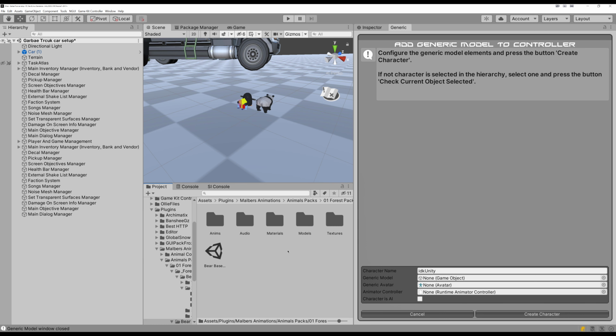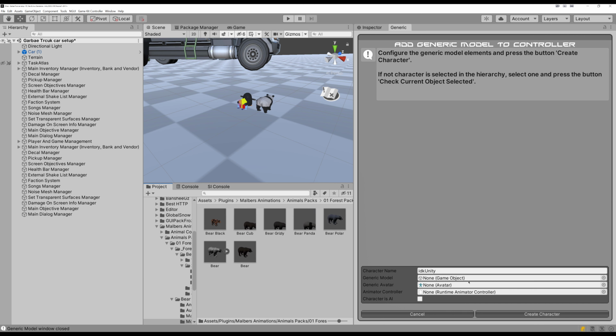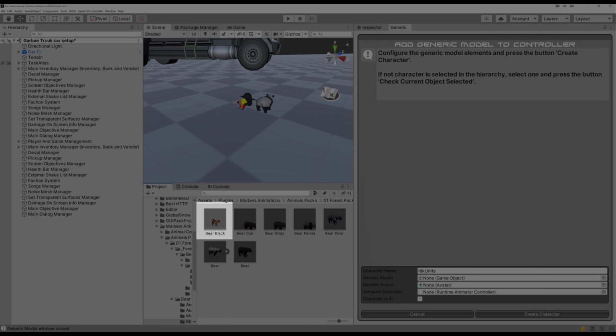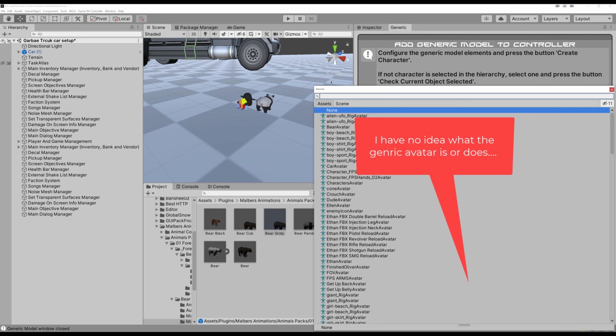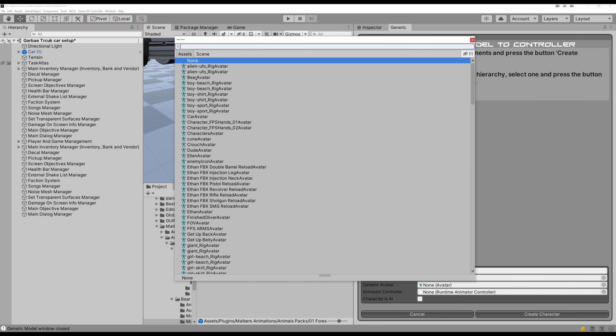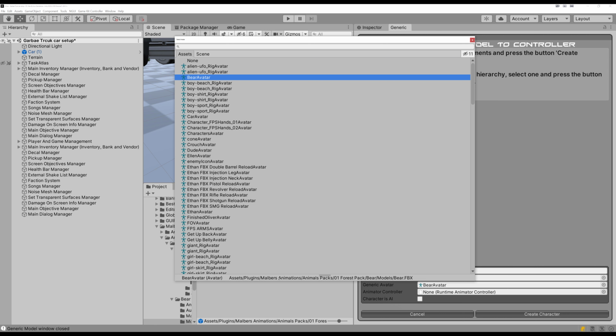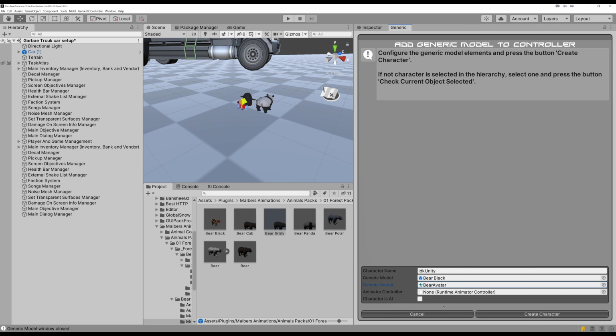And I'm going to take, I think, models, generic model, and let's take this crazy bear one. There we go, bear black. And then to find the avatar, I clicked on this little circle icon down here, because it was easy to search for it. I don't know where that Malbers animal pack bear models bear.fbx was where that would come from. All right,